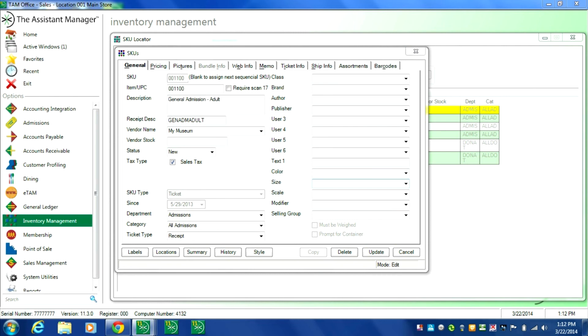And all we do is simply enter in a description on the item. We're going to indicate to the system that it is a ticket type SKU, or SKU type ticket. This means that it's going to track revenues only. It's not going to track inventory quantities or anything like that. We're going to indicate our department and category, and we're going to indicate the type of ticket that we want